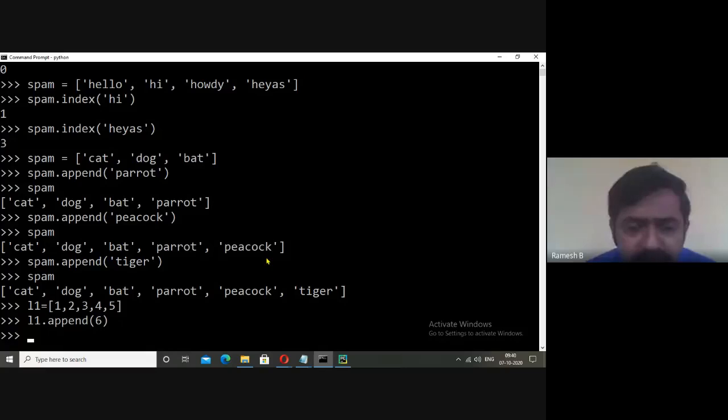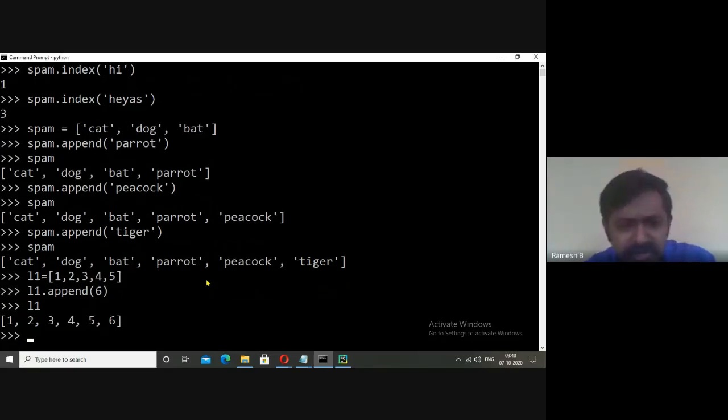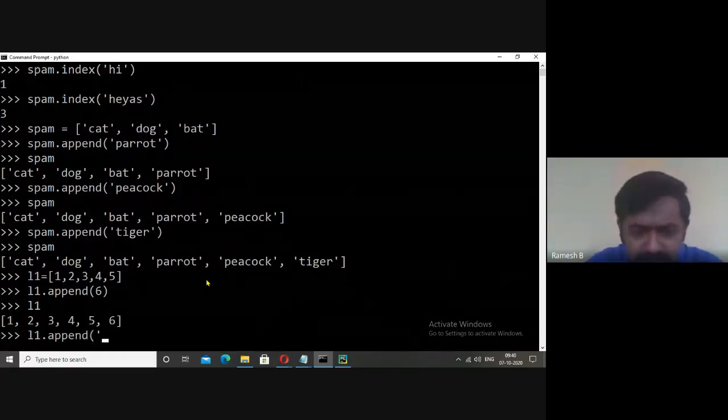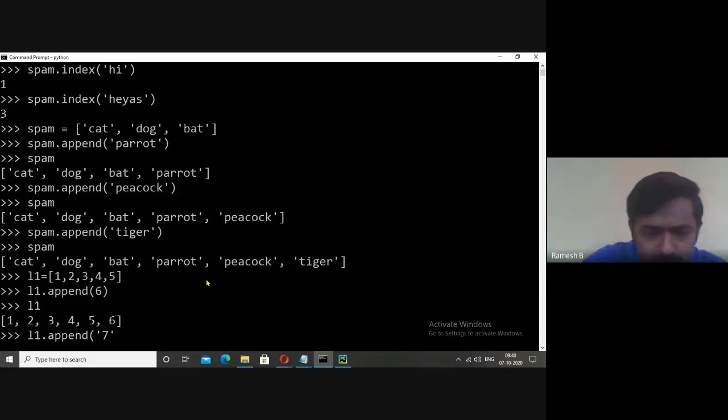Now see, whenever we are inserting integers, no need to give single quotes. You see there it has been inserted. So we will try this time with appending 7. Now will it get appended?